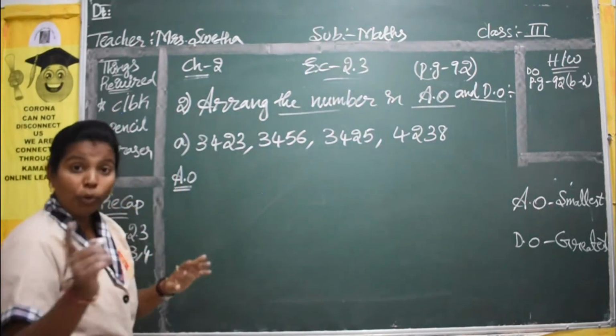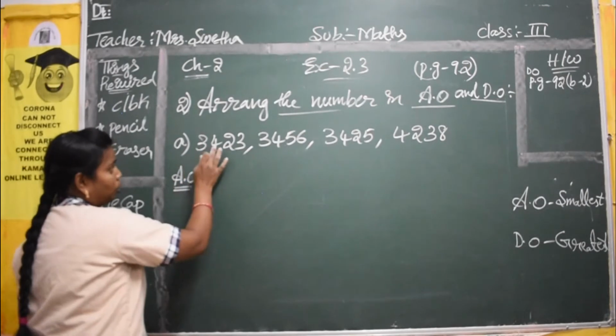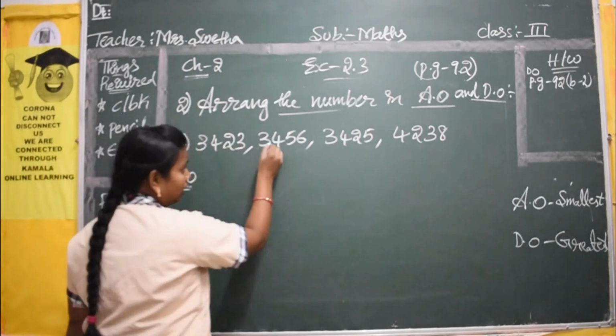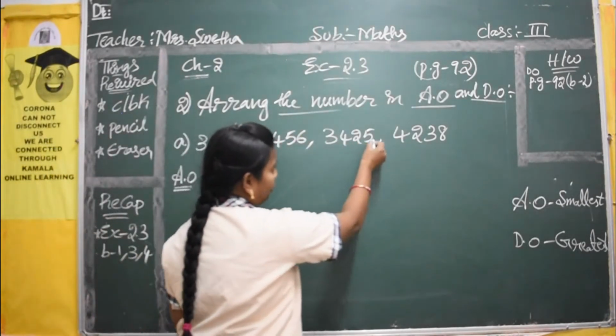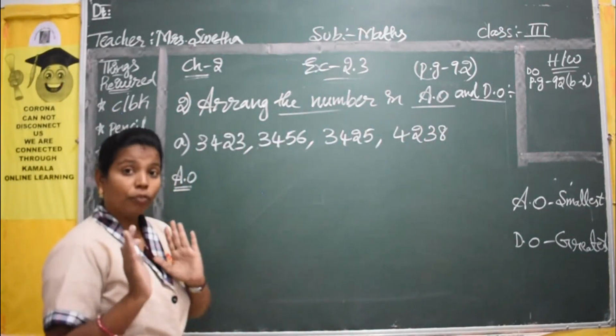Okay, so how do you have to check? First you have to do counting checking. Yes, so 1, 2, 3, 4, 4 numbers. 1, 2, 3, 4, 1, 2, 3, 4. So in all the places you have the 4-digit number.